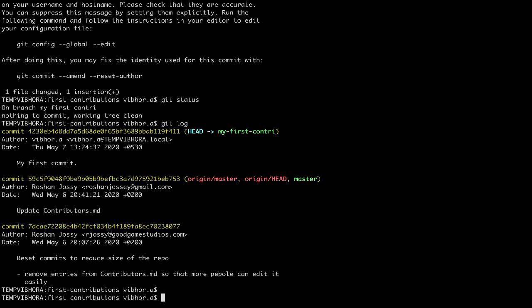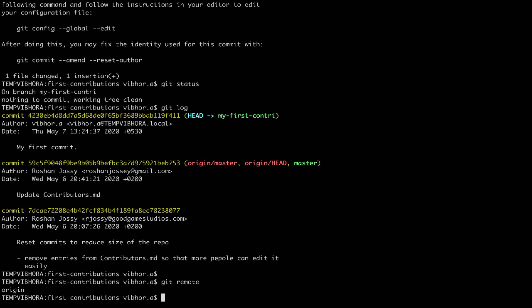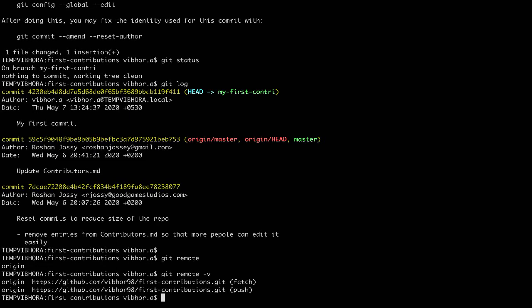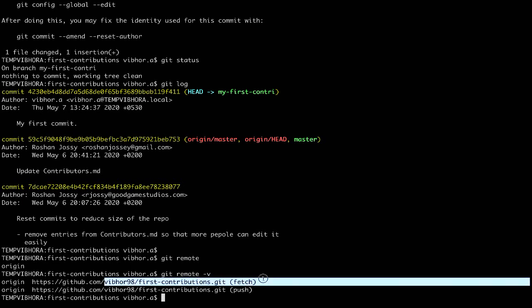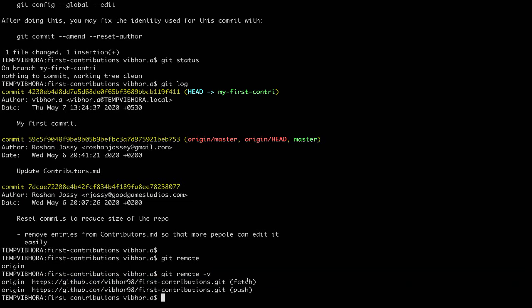So actually before pushing, you need to set your origin and upstream branches. Git remote origin, so it states origin. So this origin is already set, and origin is actually my repository, right?